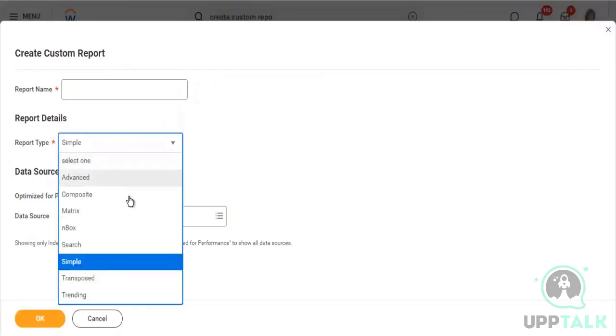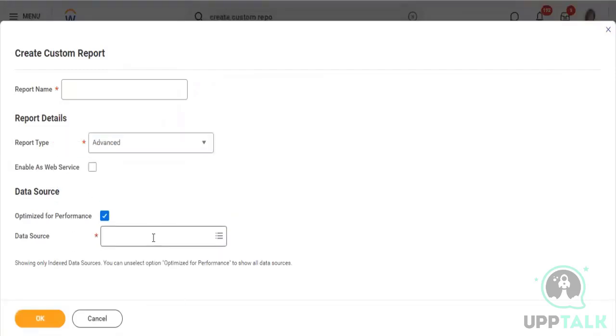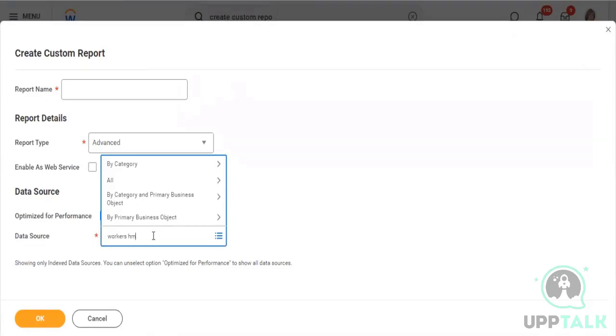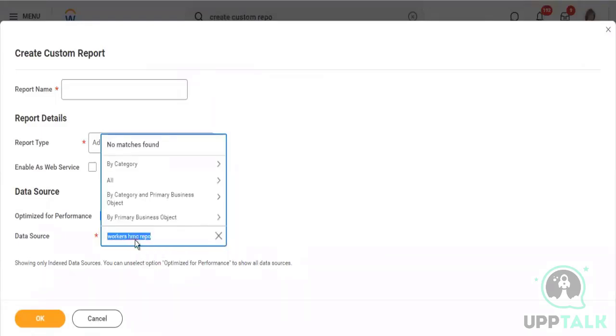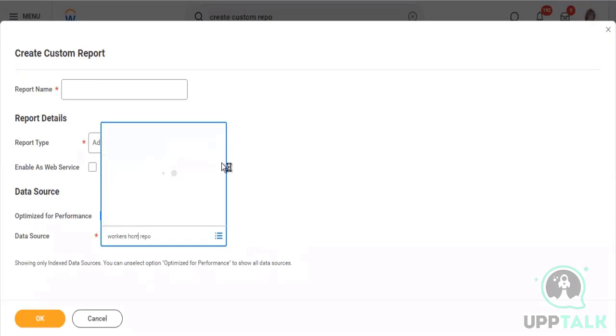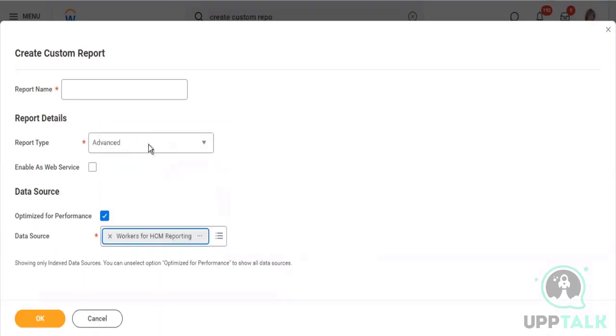Type advanced, workers for HCM reporting. Okay, so I'm calling it KPMG2 worker